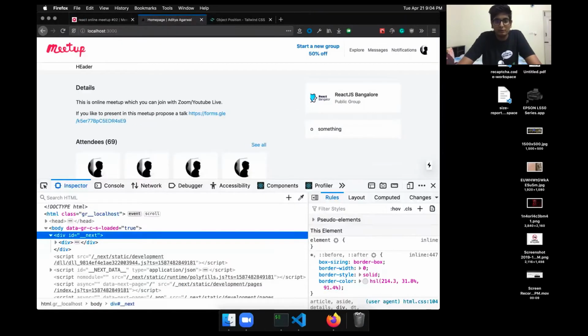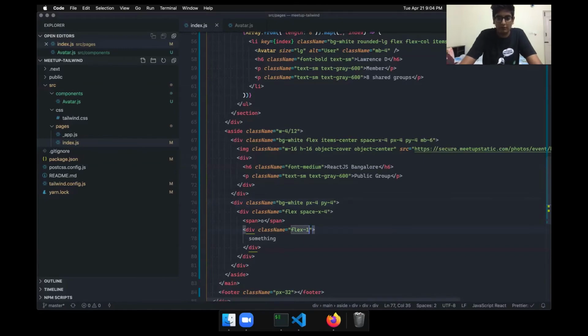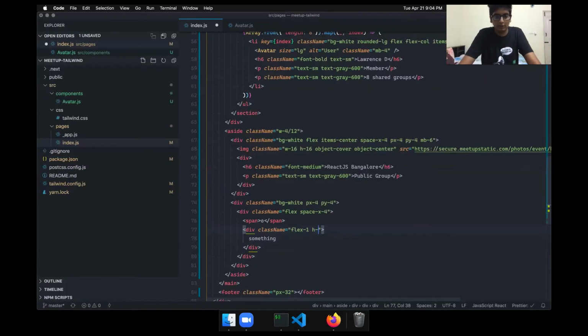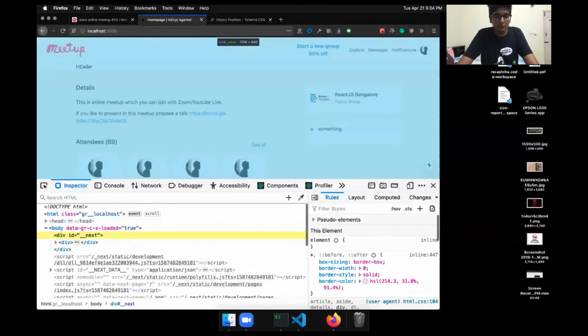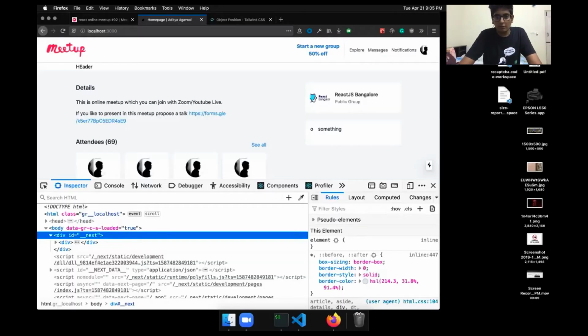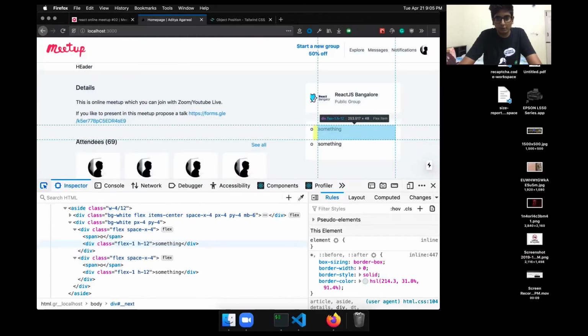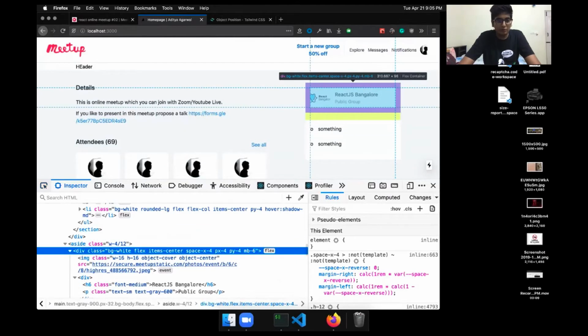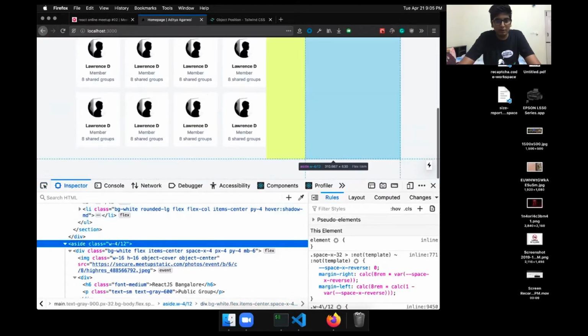Okay, and we can do the same, and I'm not completing this whole thing. I can just say this is height 4. Oh, sorry, h16, h12. And repeat this once again. So we have this, and let's now work on making this sticky. So I have this aside, and this is the full width.